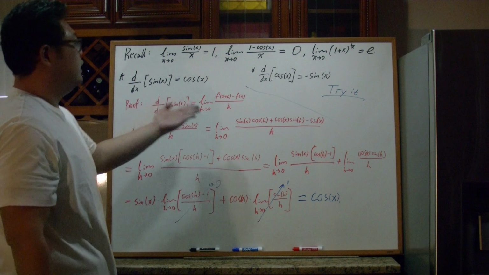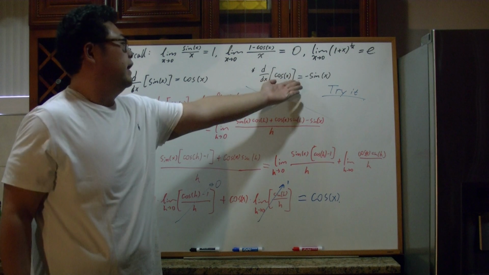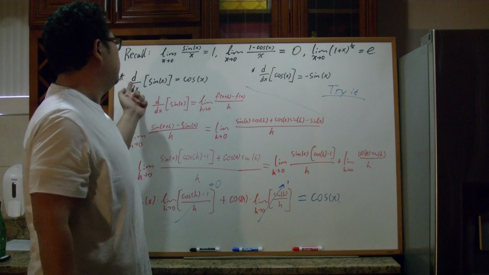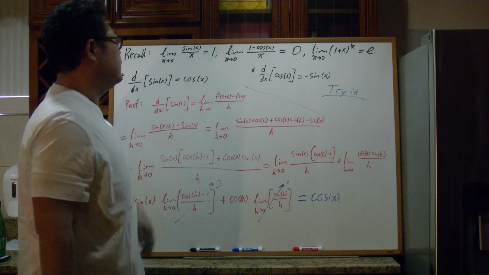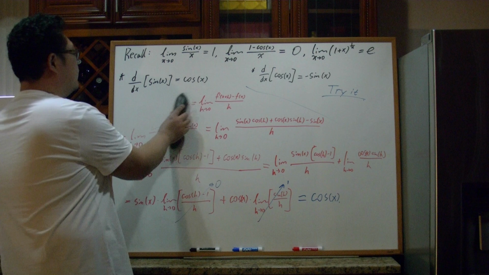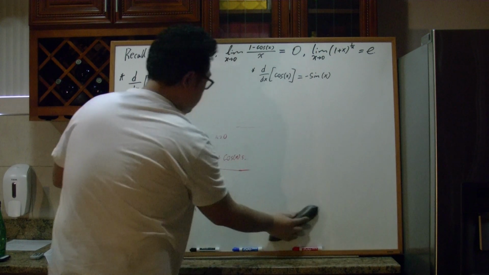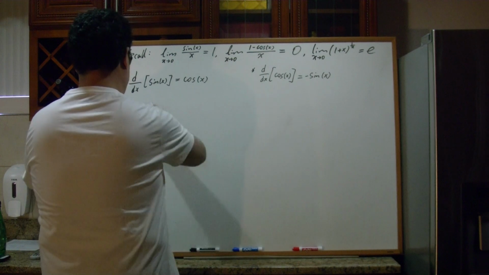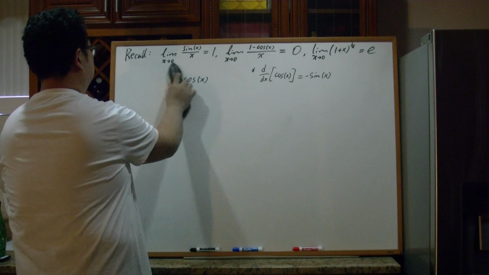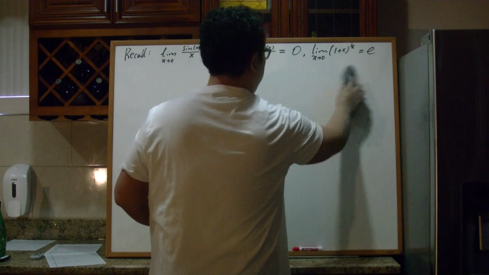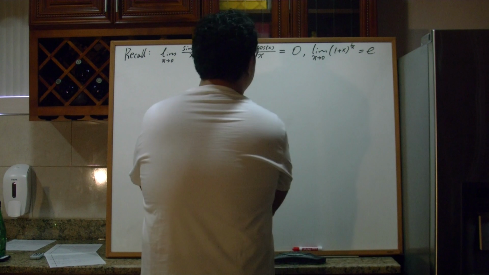Then, the cosine of x has derivative of negative sine x. The derivative of sine x is cosine x. Alright, that's two conclusions we had from this one. And then